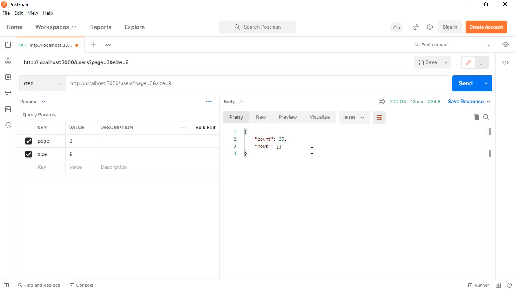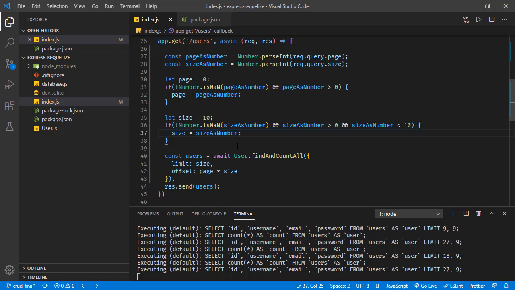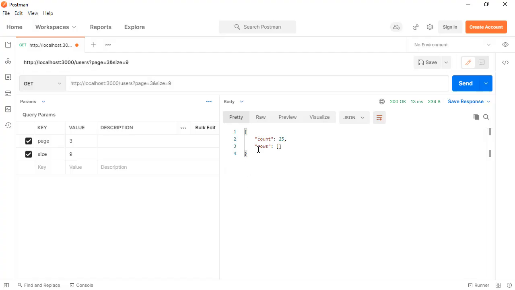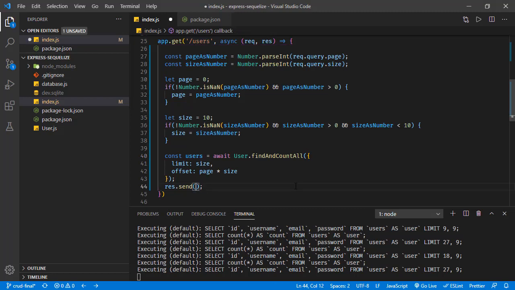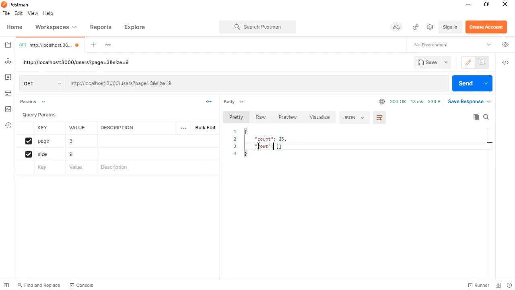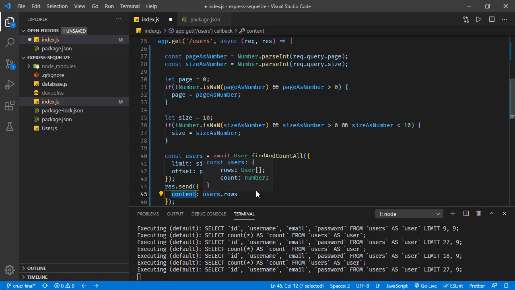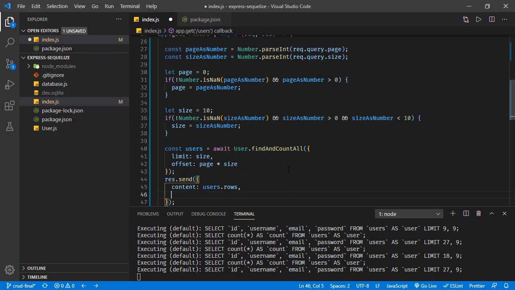So we must be telling the user how many pages are there in this table. So let's add that too, and we can do it like this. Let's change our response. Instead of returning this object back, which is having this count and rows, let's return an object like this. There will be a content, and this content is going to be this users rows. So we are taking this rows and returning it in an object in the field of content. And the next thing we are going to return is total pages, so the user will know how many pages there are, and this is going to be the value of users count, how many users there are,